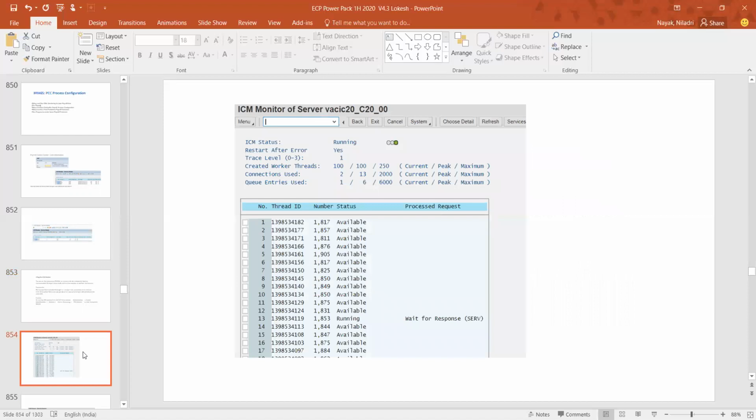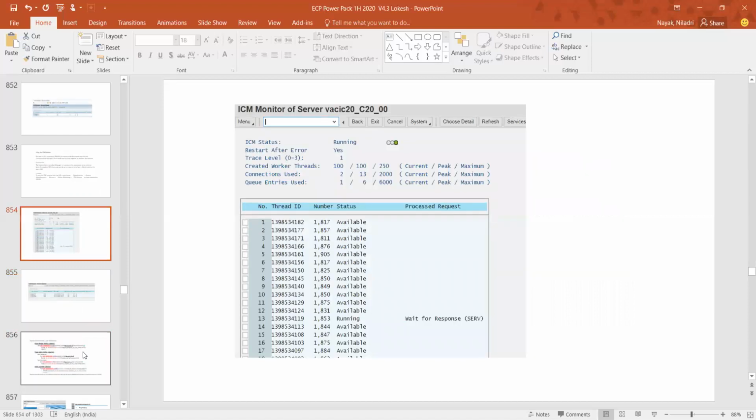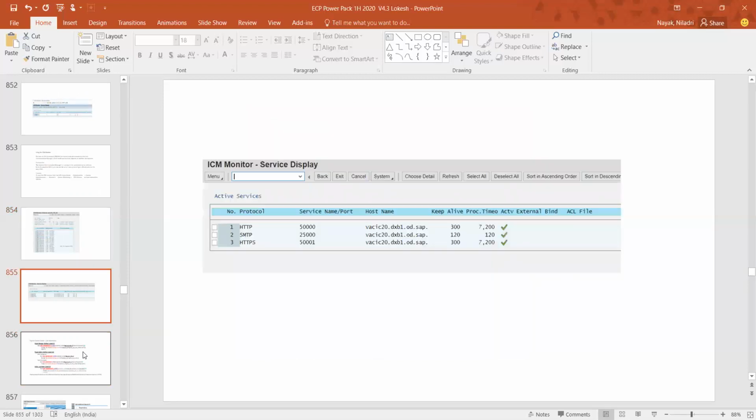The load also you can check, all these things you can check. But again, this is a basis activity, but still you can manage to see all these things in your system, whether it is running or not. This is interesting to understand. This is the response time and all these things I have checked here. It is my system, it is working. HTTP, HTTPS, SMTP, you have to ensure these are up and running.